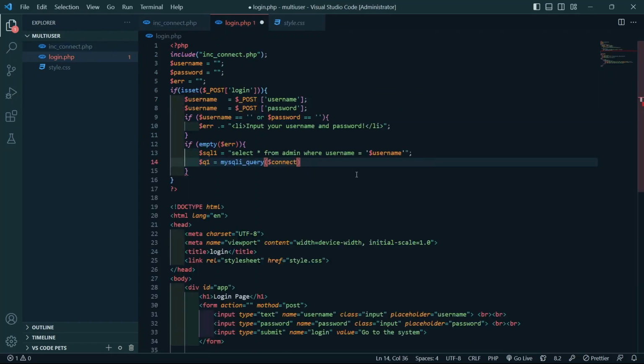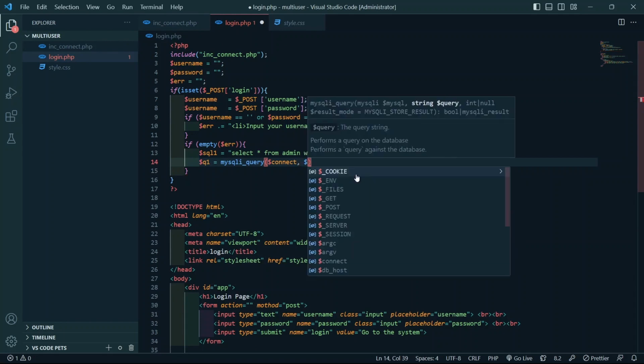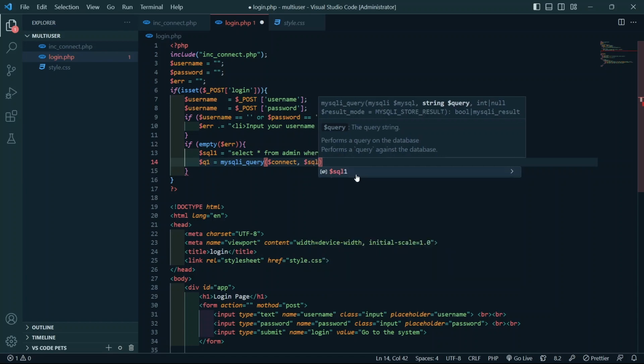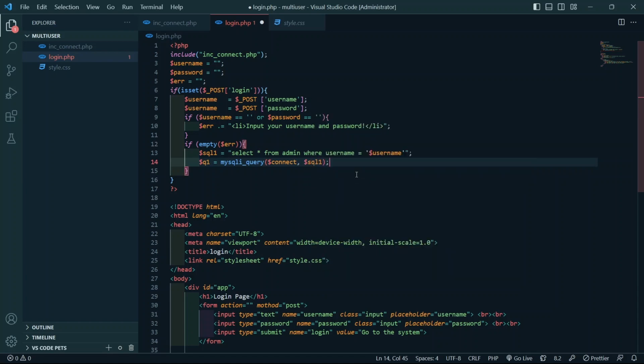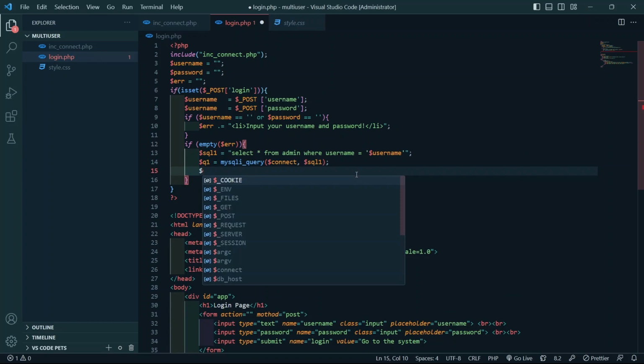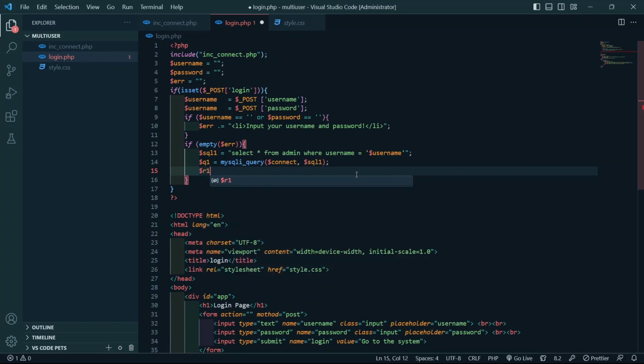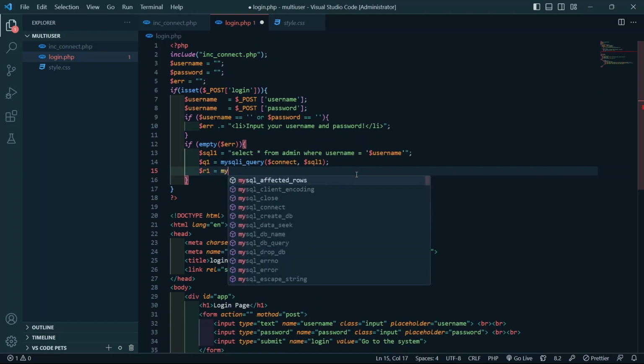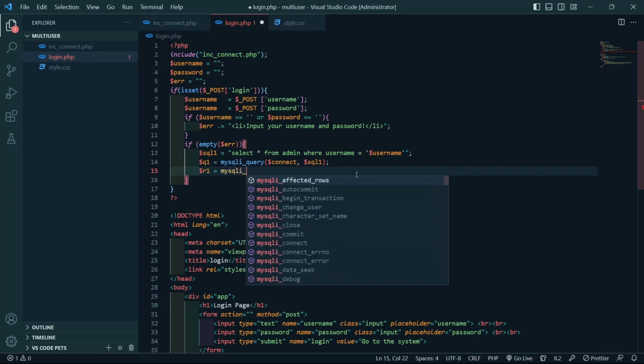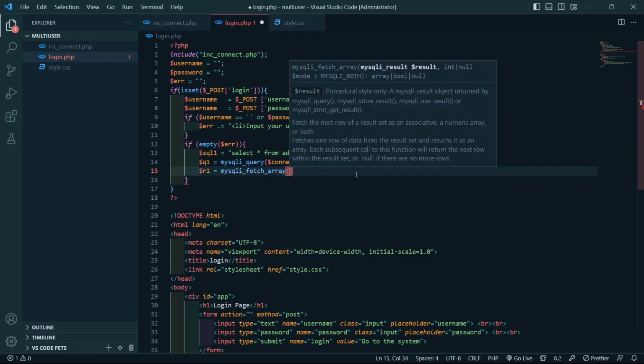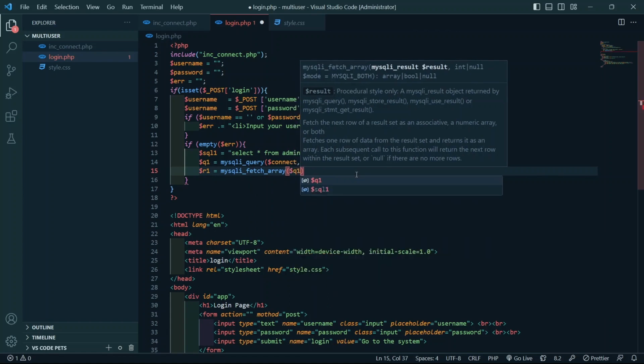So type in here connect and SQL1, also R1, MySQL fetch array $Q1,